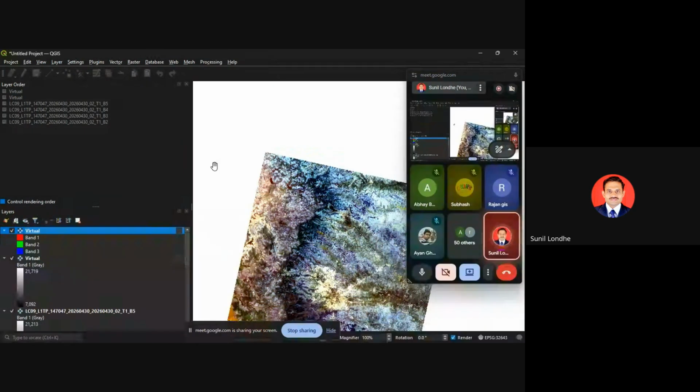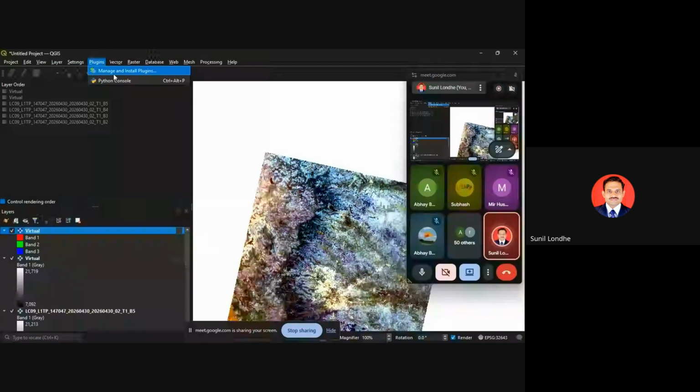Maybe for those who were not there in the initial exercises, I will just show you the plugin part quickly. If you check as per the manual and you get the SCP, no problem, then you can start working directly. But in case you don't find the SCP, then you have to go to this plugin menu. Hope my screen is visible. Yes, sir. Okay, so if you don't find SCP, don't worry, go to this plugin menu, and here